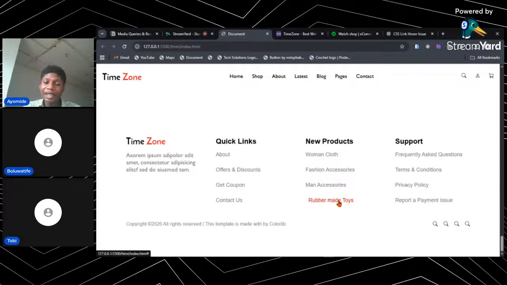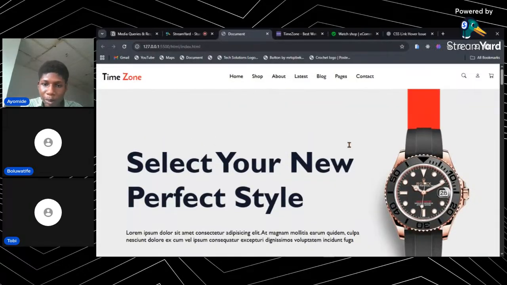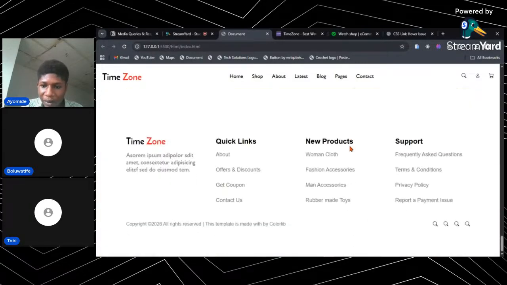So actually, this is what we are going to do. After we finish this one, today we are going to learn about media query. Then tomorrow, on tomorrow's stream, we are going to make this particular project responsive, after we have learned everything about media query. So this stream is going to end soon. Then after I've taught media query, tomorrow,